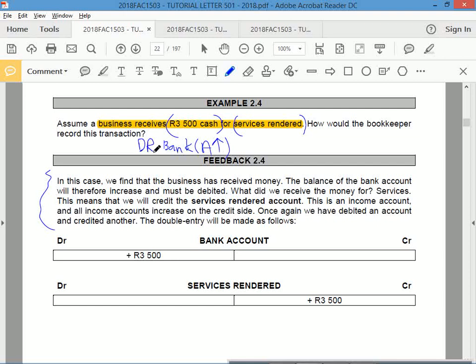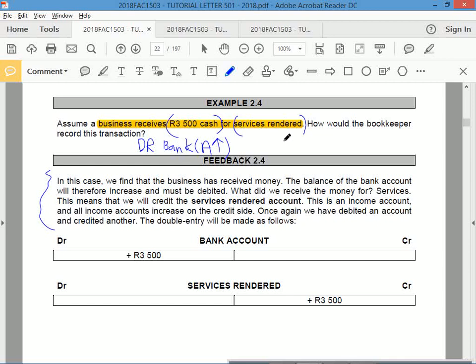Okay, how many of you got that right? Well done. And you guys have never done accounting before. Right, so it's not that bad. Okay, that's what you always have to do. You always have to get the basic calculation, the basic working. Now I can take this and I can do an accounting equation if they want me to. I can take this and I can do a journal if they want me to. But you need this.